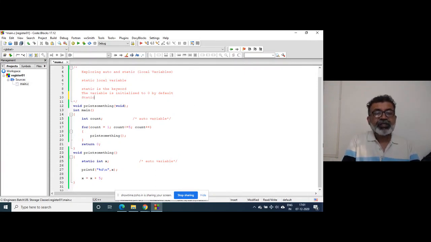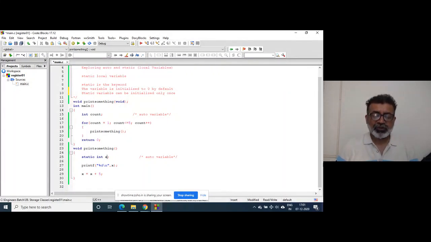A static variable can be initialized only once. What do you mean? Initialized only once means suppose I write 5 here. This statement is executed only once, because otherwise next time control goes inside, 5 would be stored in x again, which happens in case of an auto variable.